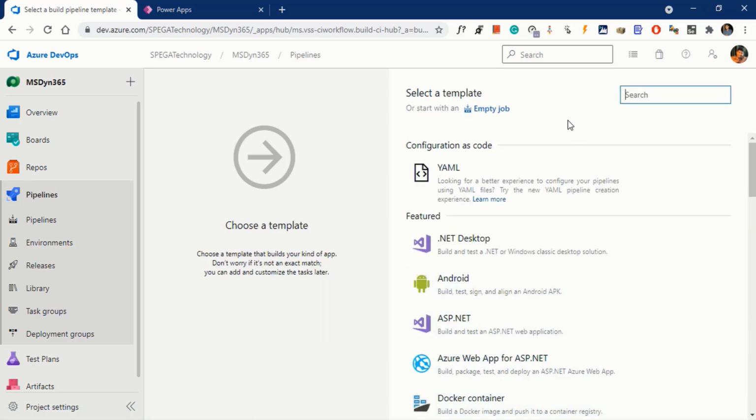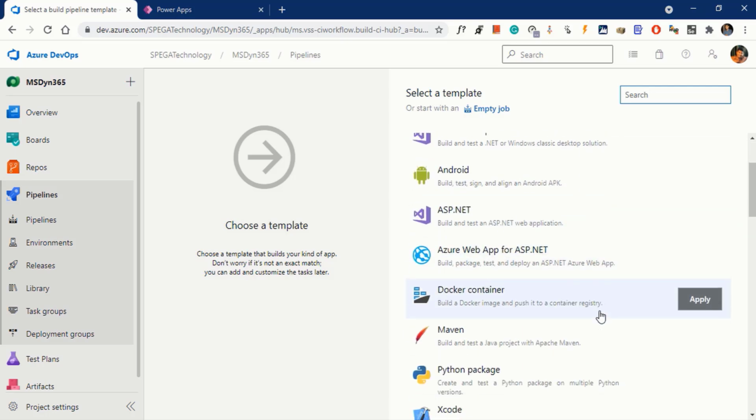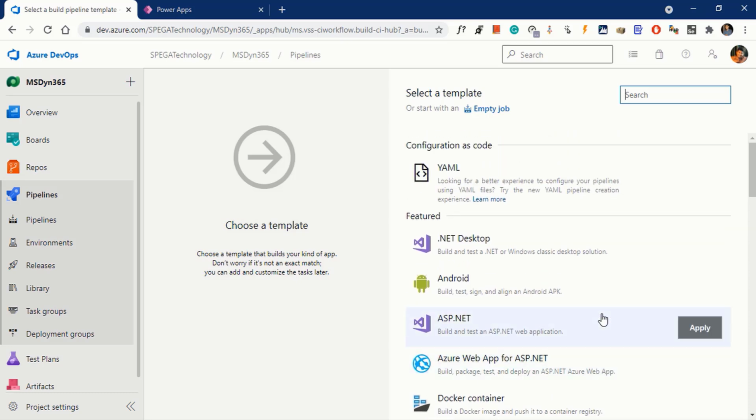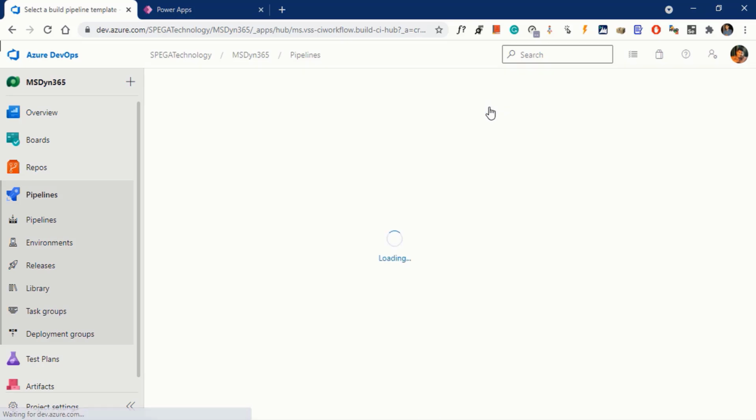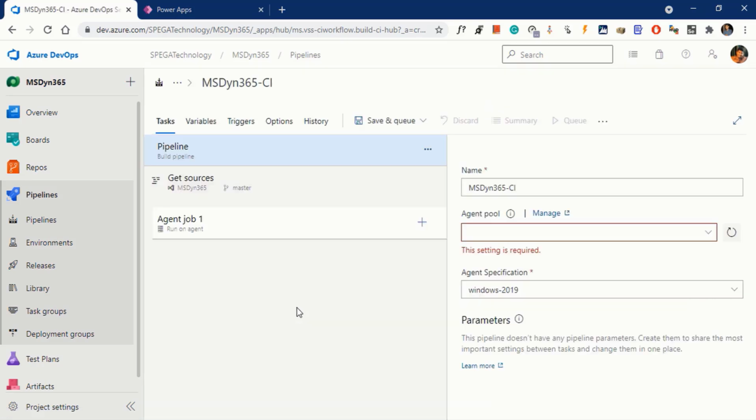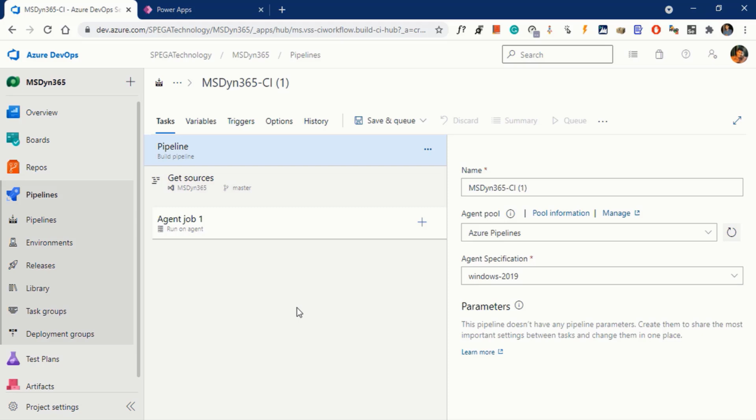Now it's asking to select the template to create a pipeline. These are all the templates in the system. So we are going with the empty job. Click on empty job. This is the pipeline window to build the pipeline.